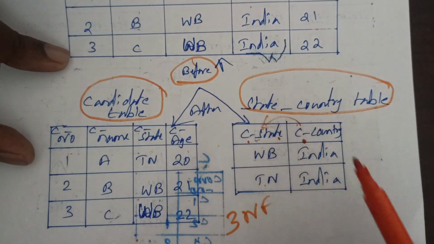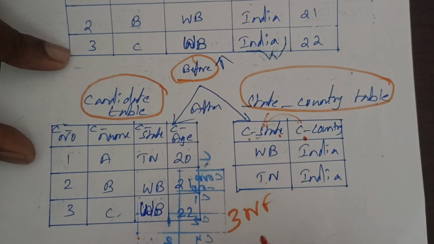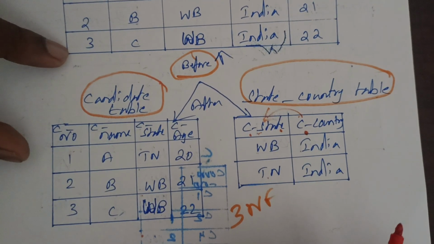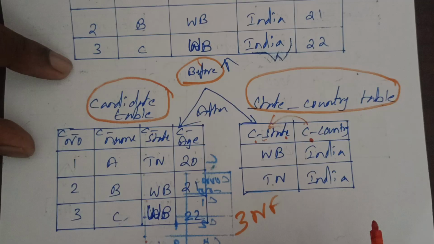Only one dependency here. I hope you understand how this 3NF is made, and I'm going to continue the same process with the other normal forms, that is BCNF, and then 4NF, 5NF and 6NF in my